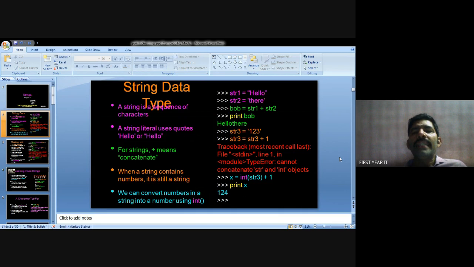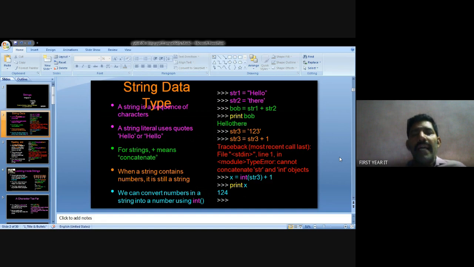String 3 is already declared as the character value 1 2 3, but we cannot add plus 1, because plus 1 is an integer value and string 3 is a character value.